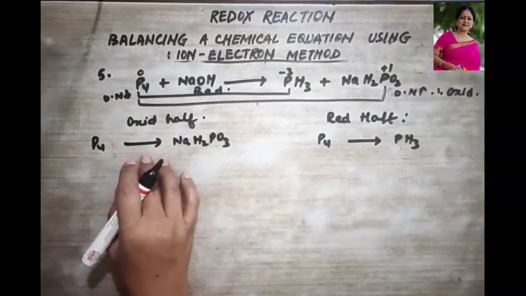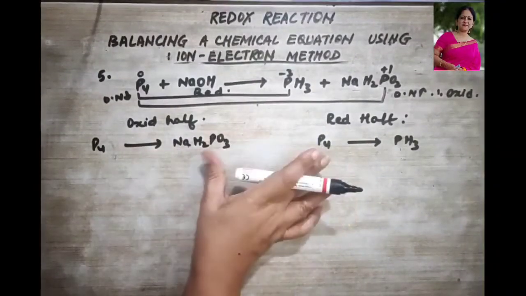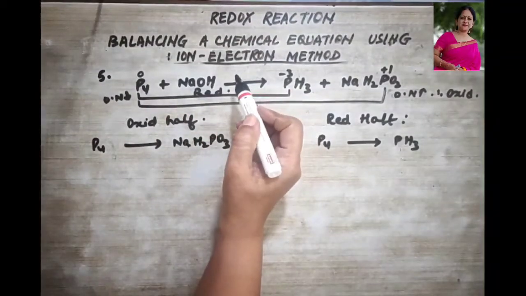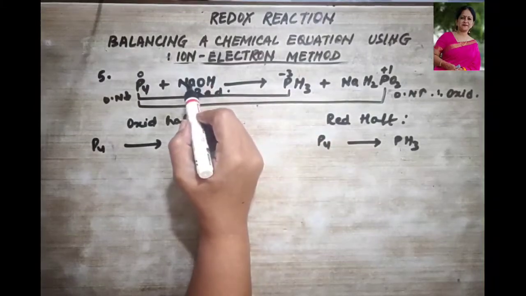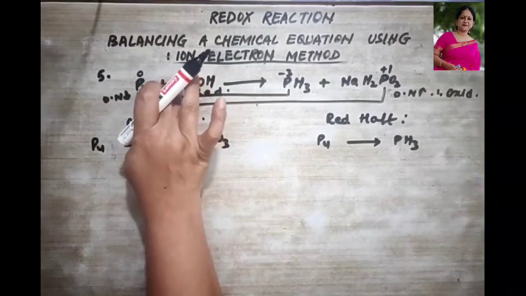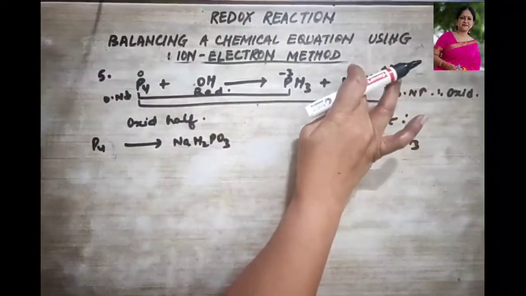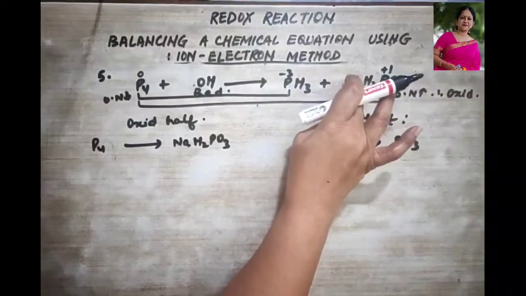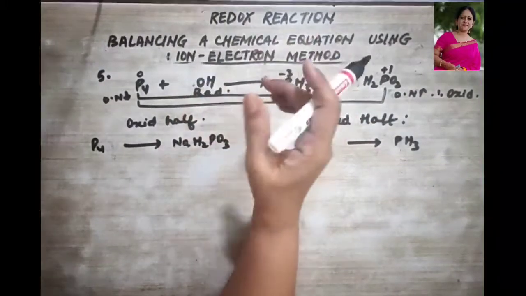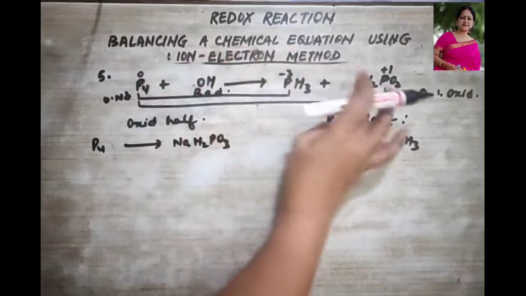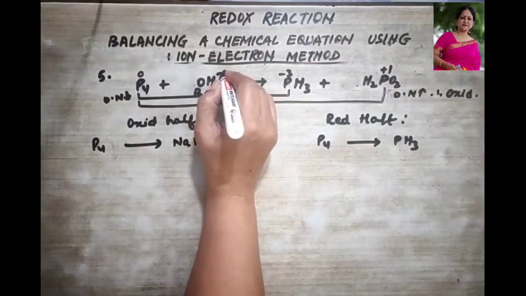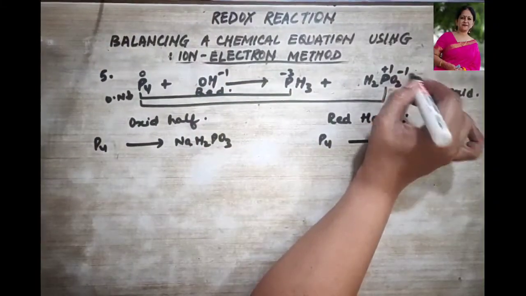Now, before I begin with the balancing of these half reactions, one point I would like to bring to your notice over here, that sodium is this side also, sodium is this side also. What if we remove this sodium ion from here? If we remove the sodium ion, later in the equation while balancing at the end, I will bring back the sodium to both the places. But how? I'll let you know. Initially in the disproportionation reaction, we remove one positive ion over here, and now this becomes -1 and this also becomes -1.